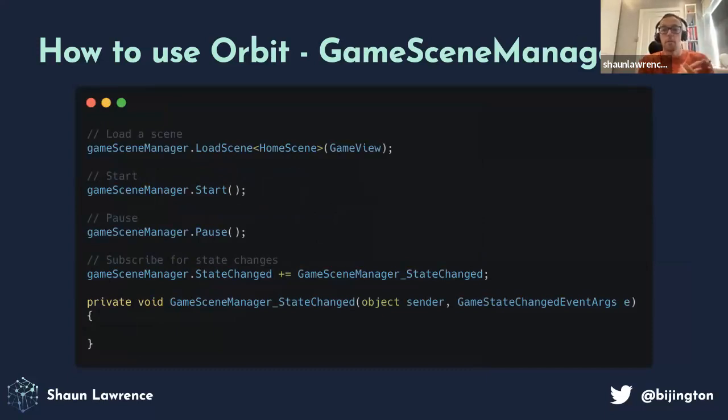So the previous slide showed a preview of the scene. However, without loading the scene, that preview wouldn't be accurate. And there's a special part that glues the game scene and the game scene view together. That's what the UseOrbitEngine extension method does: it registers the game scene manager that can then be pulled in through dependency injection or constructor injection. And that provides us with a LoadScene method. What this does is create a new instance of your scene. This is home scene, that should actually say first scene. And it will then load it into the game scene view that you pass in as the parameter.